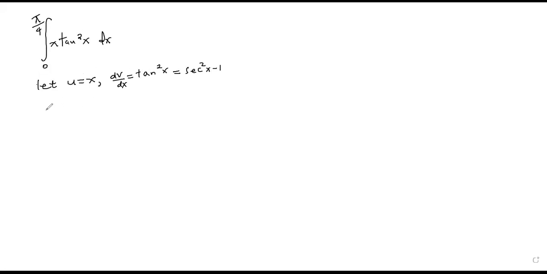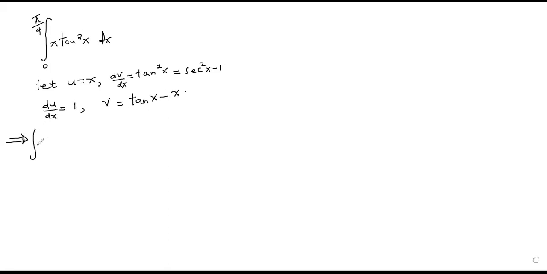So it would mean that our du dx is equal to 1, and our v, when you integrate sec squared x, I told you that you get tan x. When you integrate sec squared, you get tan x, and when you integrate 1, you get x. So that is what we are having, implying that